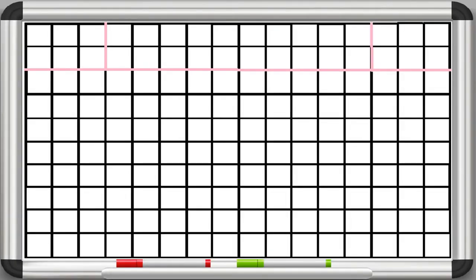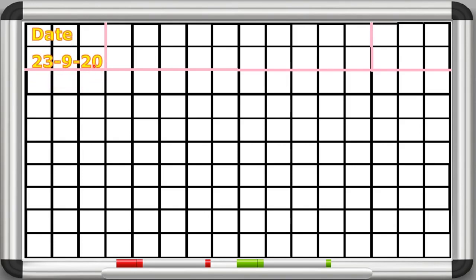Now beta, I'm going to tell you how you can make a cuboid in your notebook. So here, this is a notebook page. Now you have to make 2 lines in a format like this. Then we will start by writing the date. Today's date is 23/9/2020.